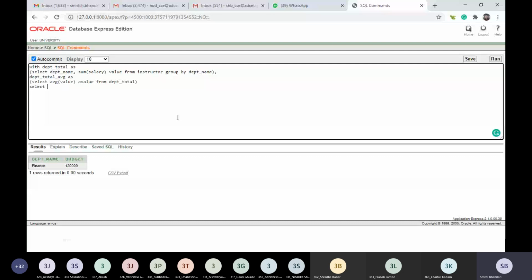Now we are making use of these relations in our query. So select department name from department total, comma, department total AVG, that is the name of the other relation that we have created, where department total value, this attribute giving us the total salary of that department, is greater than department total AVG dot A value.